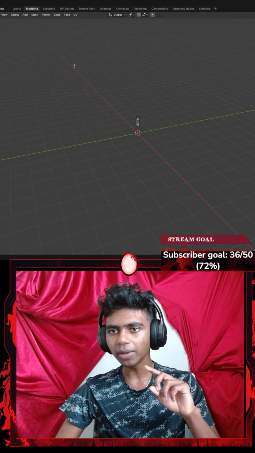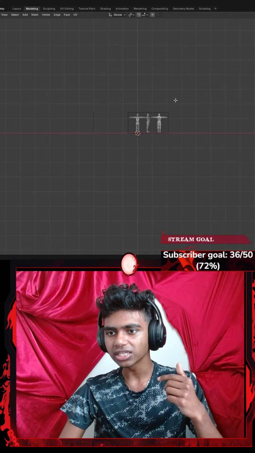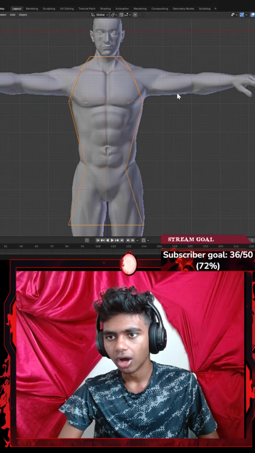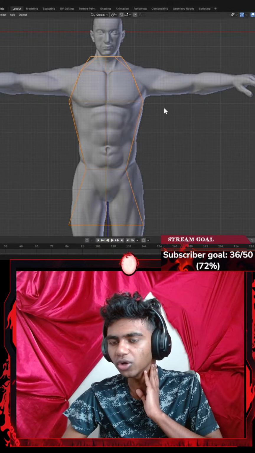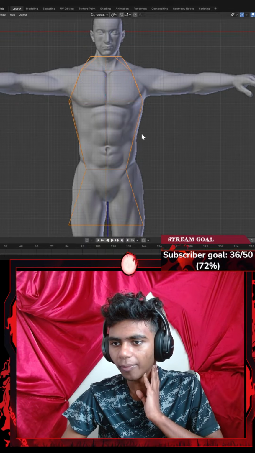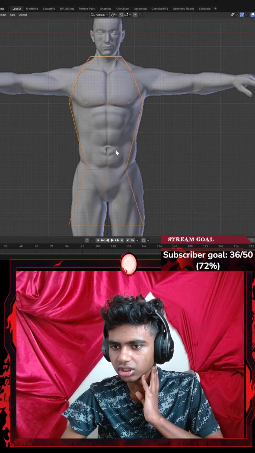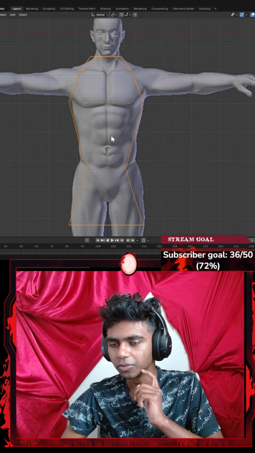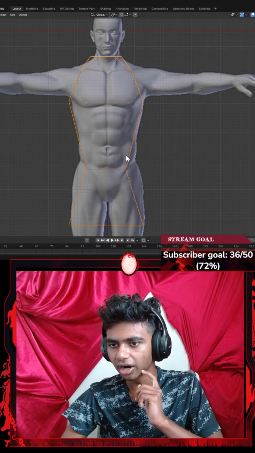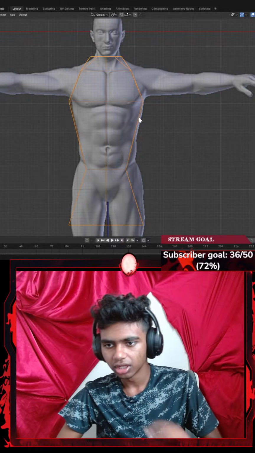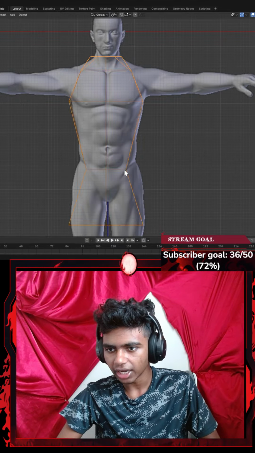So I'm gonna go back to my modeling section. Let's go to something like my y-axis. Okay, now was it layout or modeling? I think it was layout. There we go. Now I do want to work on the arms as well, but before the arm, I might want to add, let's say, a loop cut here. Okay, do I want to add a loop cut? Because I gotta shape my abs up. I think I can shape that later on. So I might actually go ahead and extend this part.